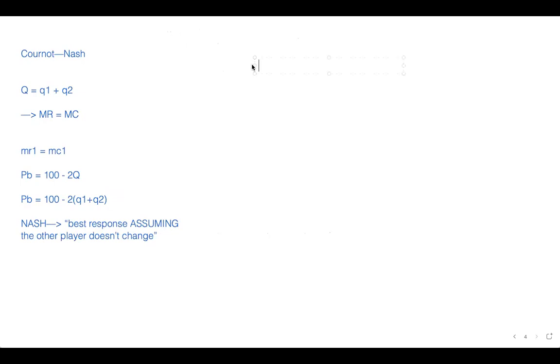Okay, so in terms of actually implementing it, remember, we want to find the marginal revenue. So the goal is to find an expression for the marginal revenue MR of each firm